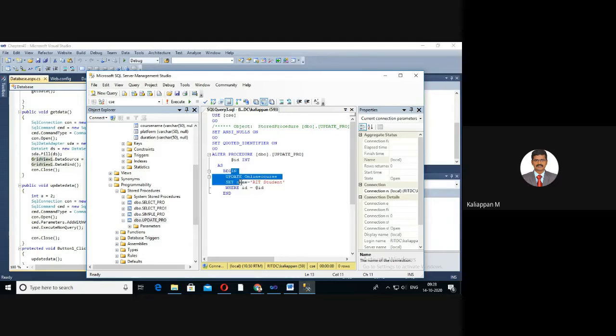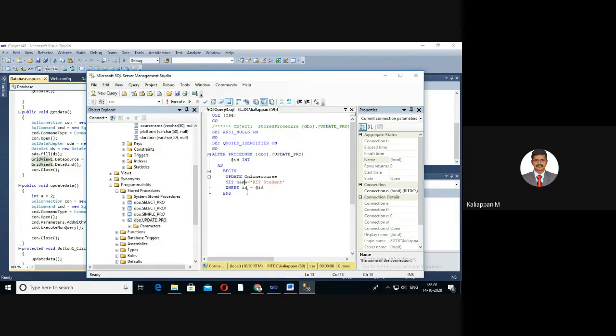So this is a stored procedure for update. You have to give a name to your SQL query, and that is called a stored procedure, using the PROCEDURE keyword. This is your SQL statement, and here you give a name for this SQL statement. That is called the stored procedure. The procedure is stored in your SQL Server database. So this is a simple example of an update stored procedure.